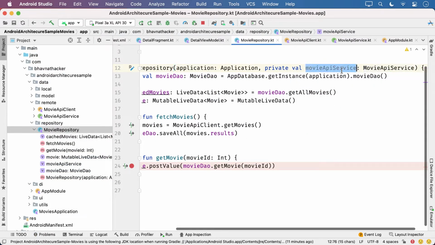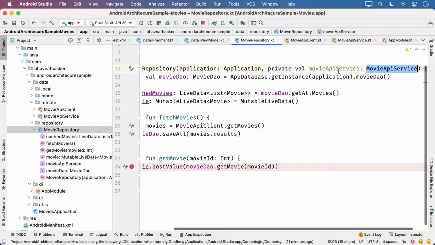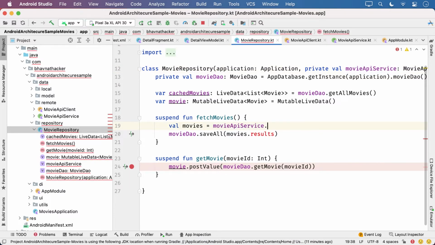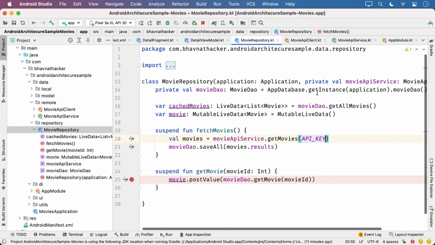I'm going to get the dependencies injected via Hilt, and I'm going to use this movieAPIService.getMovies and the API key I need. This way I will get it.